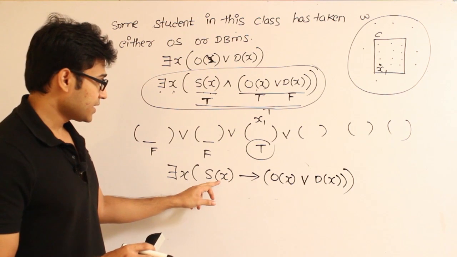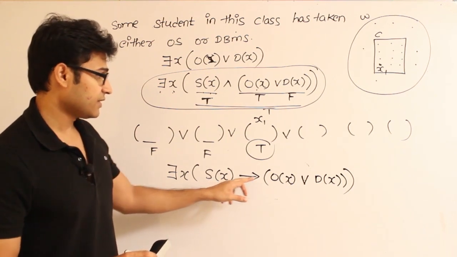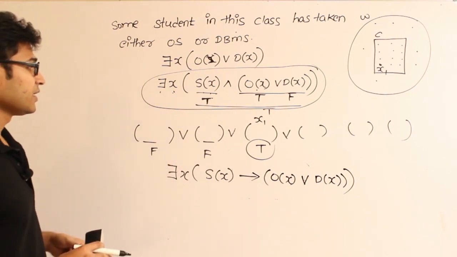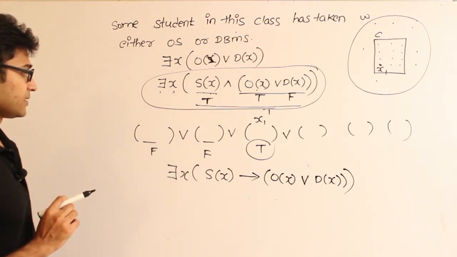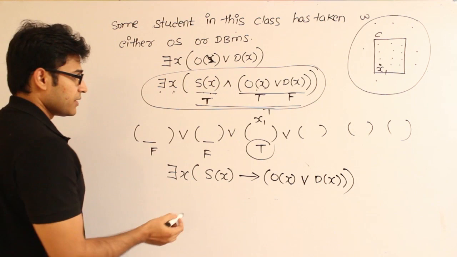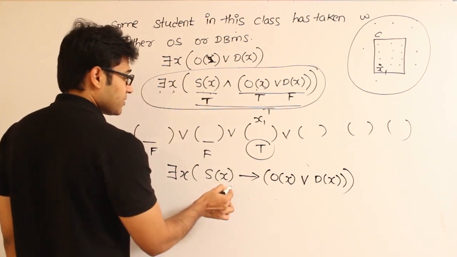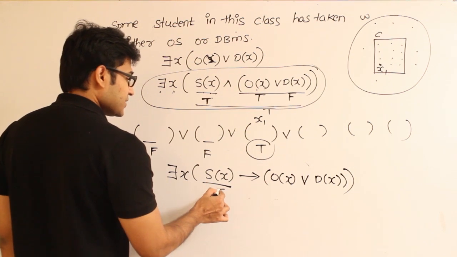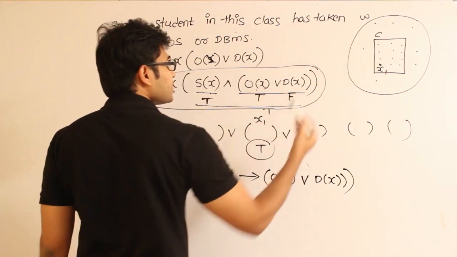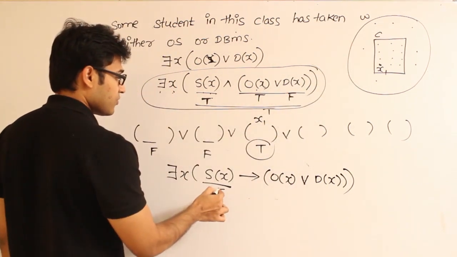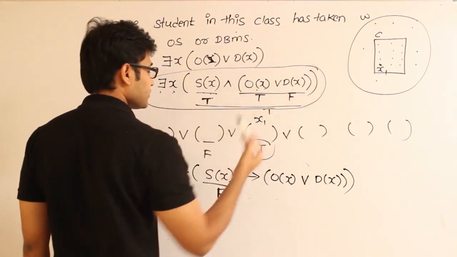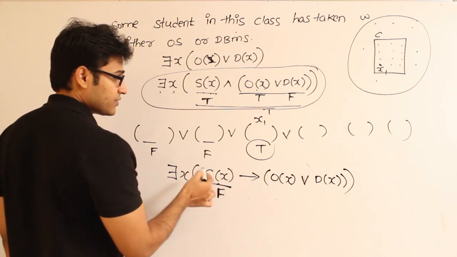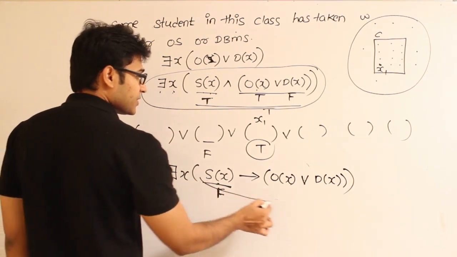If that person x is a student, then he has taken operating systems or DBMS. Why can't we write it that way? The reason is simple. Now if that particular person is not a student, this one will become false, which means even without getting into the classroom, we are able to find a false value here outside the classroom. And whenever this one is false, we know that whenever left side is false, the entire implication is going to